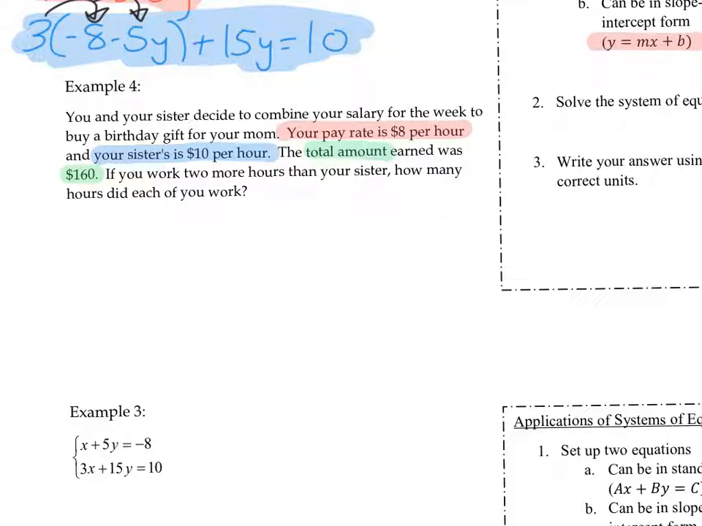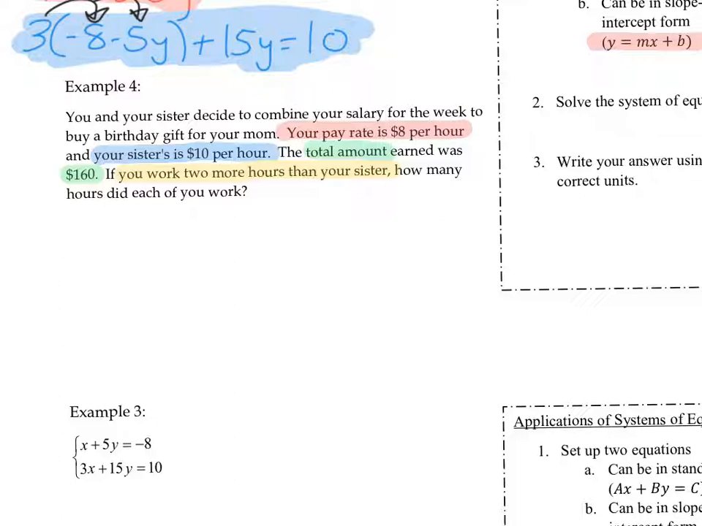If you work 2 more hours than your sister, how many hours did each of you work? And that last bit of information is pretty important. You work 2 more hours than your sister. So let's take all these pieces of information and try to create some equations that will allow us